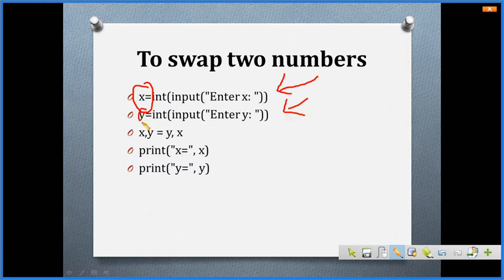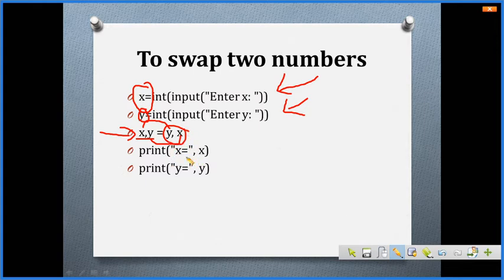And in this line, we are interchanging the values of x and y. The current value of y is assigned to the new x and the current value of x is assigned to the new y. So this x and y correspond to the new values and these are the old values.